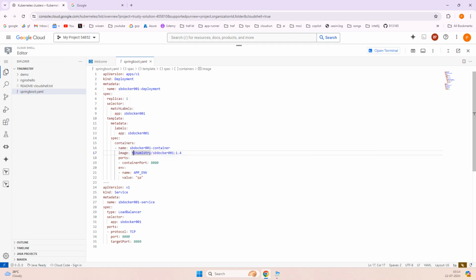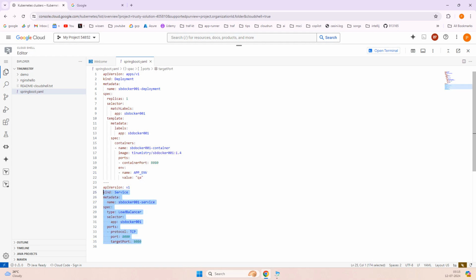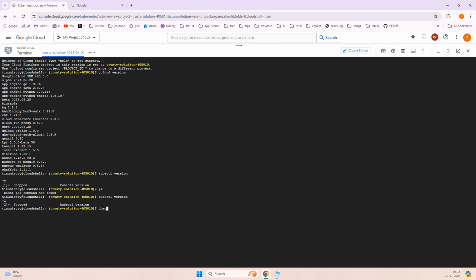In the port we are providing 8080, which is the port that we used in the image. So this is the container port, and then we are passing the environment variable, that is APP_ENV. Previously we just tried dev, and now we are changing to a new name. And then you have a service, which is nothing but how you expose your deployment, maybe in-house on nodes, or you want a load balancer. In case of the load balancer, the external IP will be assigned and you can access this Spring Boot application from the outside world. So I'll just go to the terminal and simply say kubectl